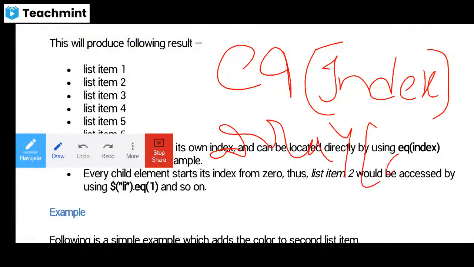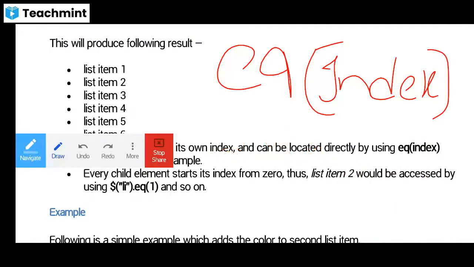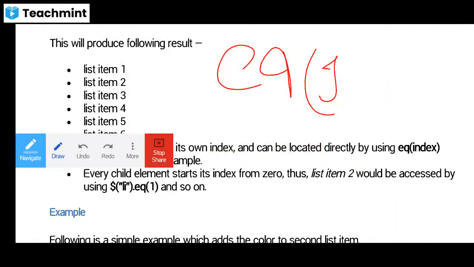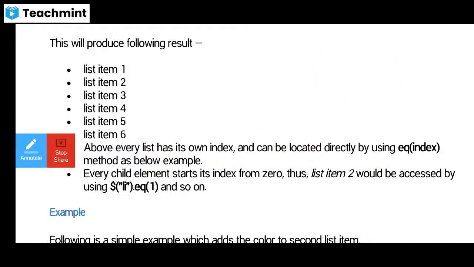So we are going to use the equivalence method, like this. So here is the example.